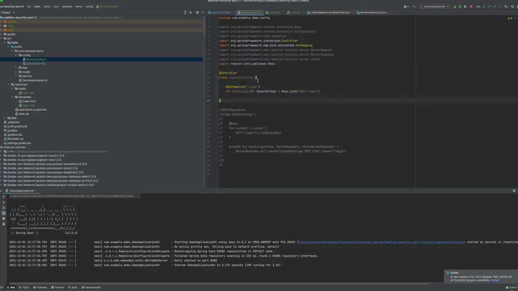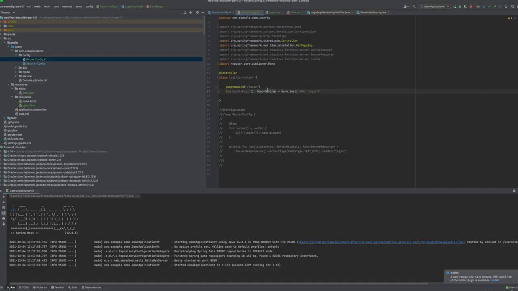Those of you who have worked with Spring MVC are probably familiar with the concept of controllers. Those of you who are not, there's a link in the description section below this video. Go check it out. So here I'm basically saying, all the GET requests under /login should be routed to a login template, which is this login HTML page. Mono, again, is just because of Reactor. It's meant to tie into the reactive flow, so that's why I wrap it into